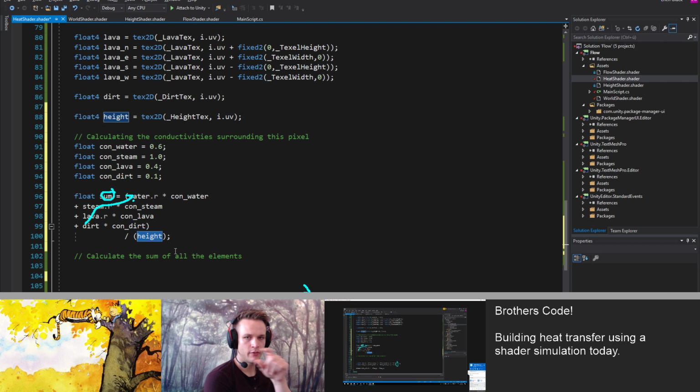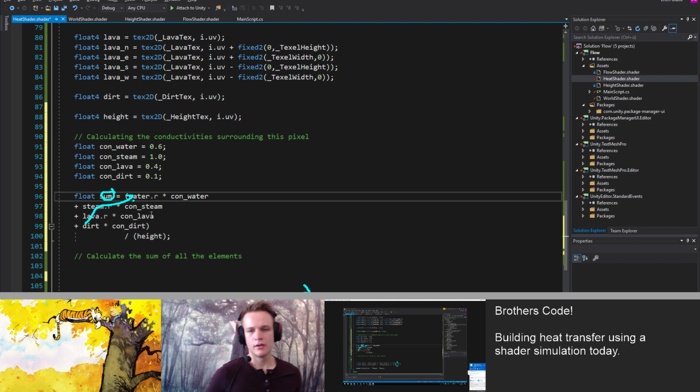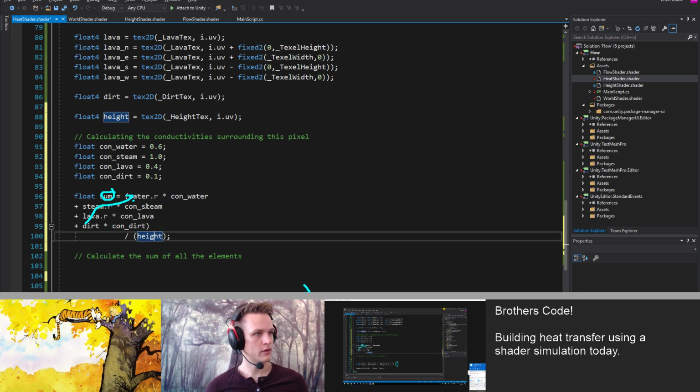I'm trying to see if we can factor out the division by height somehow. You could do a zero check for height at the beginning. You can add a conditional to do it, but conditionals in shaders aren't good. You know what? Let's just write it and see what happens, because it's going to be 0 divided by 0, which may or may not give you infinite.